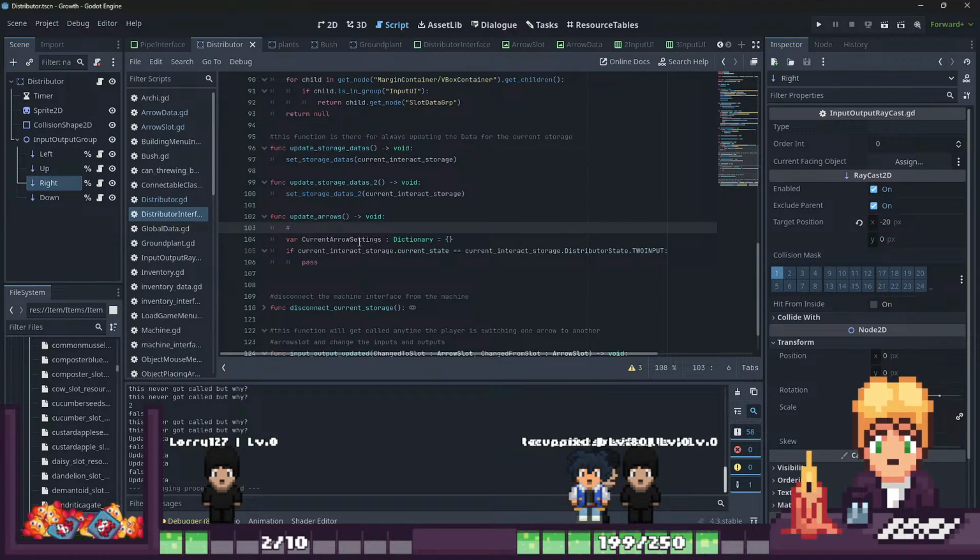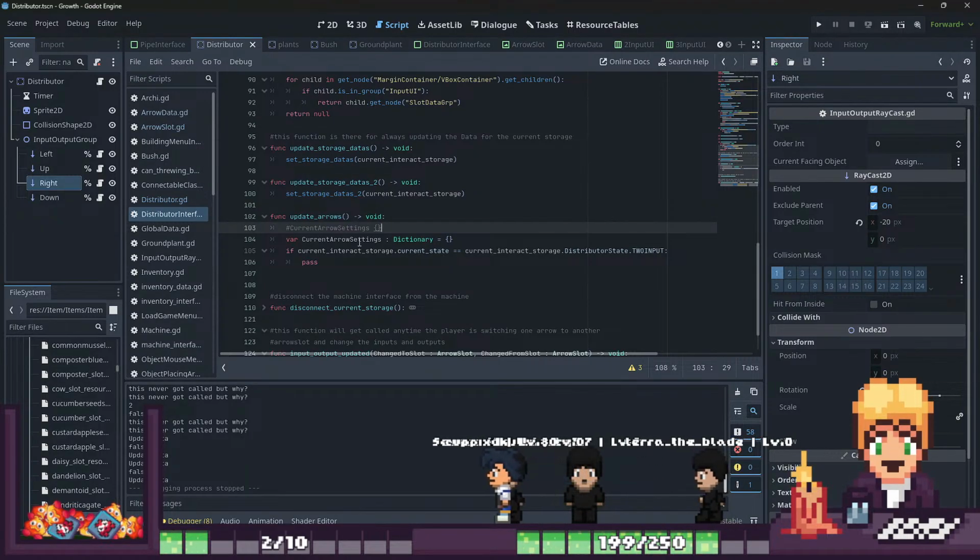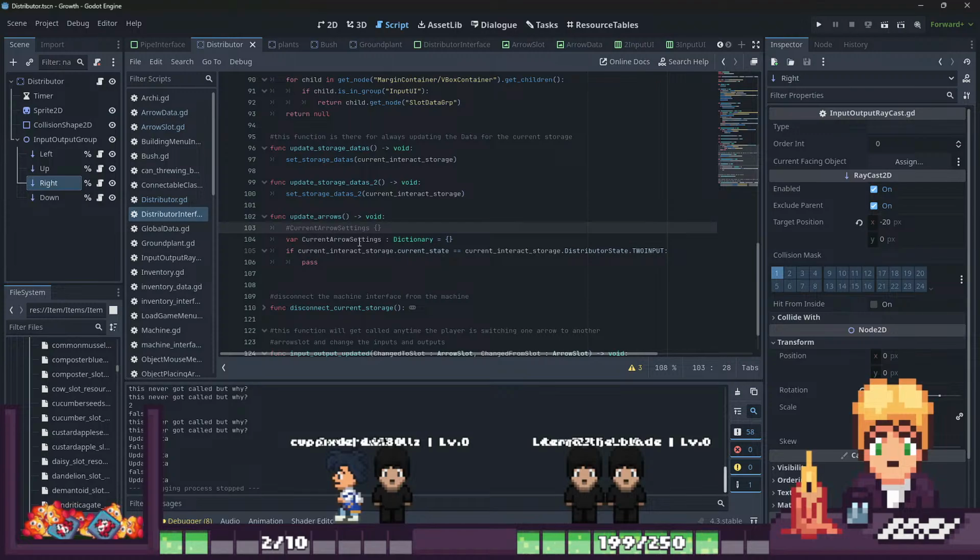Alright, this current arrow settings will store when it's working. I'm not sure if it's working, but in the best case, it will